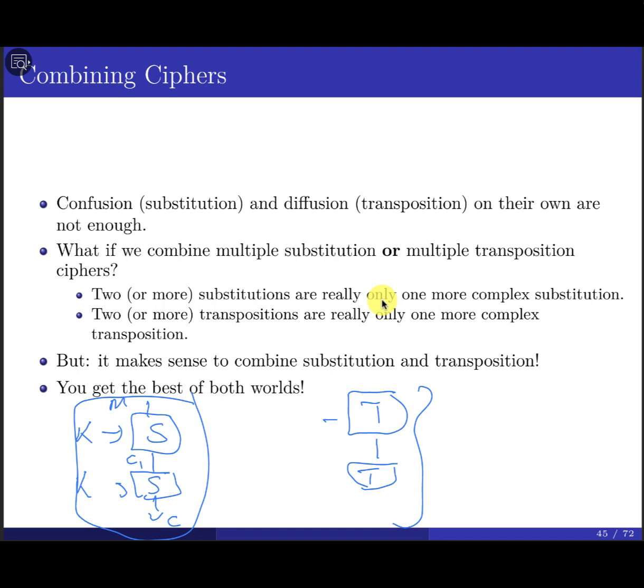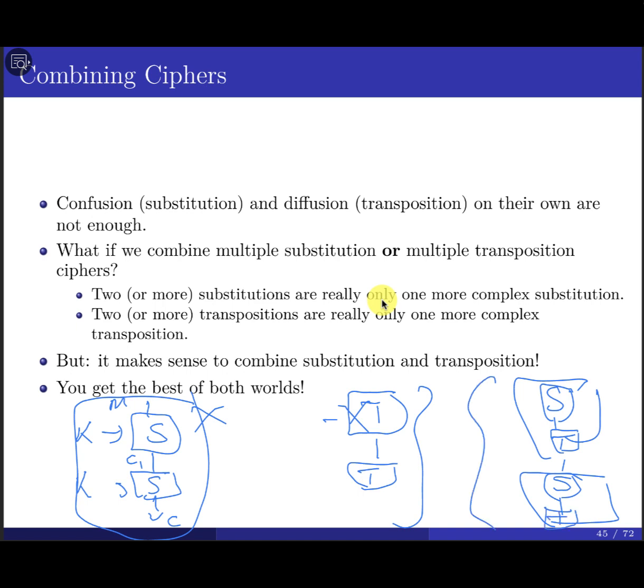So if we come up with an algorithm that mixes both of them, with many stages, I'm going to do, for example, substitution. Then the result of substitution, I'm going to do transposition. Then the next stage, I'm going to repeat the same thing: more substitution, another transposition. In this case, we're going to have the best of both worlds, which is the base of most of the block cipher techniques. We're going to try to build secure algorithms by mixing these techniques together. So it looks like confusion, diffusion, confusion, diffusion. Okay?